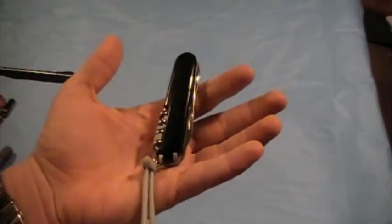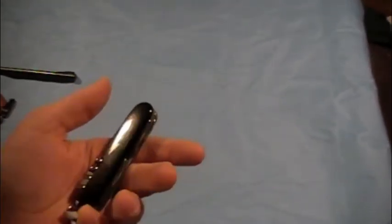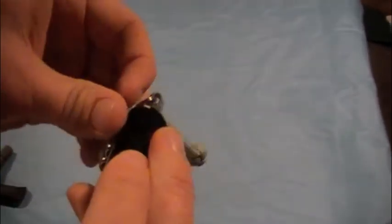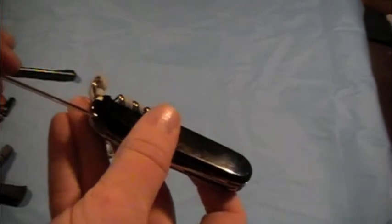I've been eyeballing this for a while, and I recently decided to pull the plug and get it because when I go to college, I want to condense my EDC as much as possible. And I figured with the knife blade, scissors, combo tool, and corkscrew, and this weird hook thing, I don't know what I'm going to do with that, but it's there. Also, a pen. This will condense it well enough that I can get rid of carrying an additional multi-tool or a clip knife,